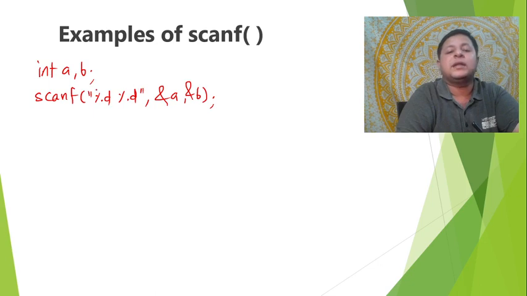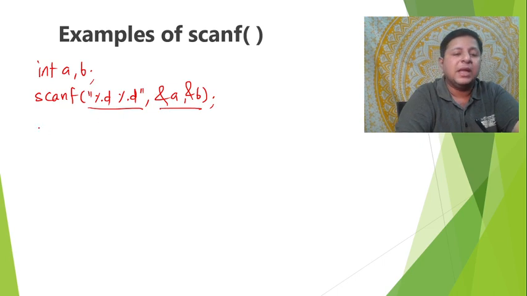After the last %d, again there would be quotes. There shouldn't be a space at the beginning and at the end. Then we have a comma to separate the control string from the argument list, and each argument is separated by a comma, but each %d is not separated by a comma. We don't need to, because it's a control string, whereas here it's an argument list, so they must be separated by commas.